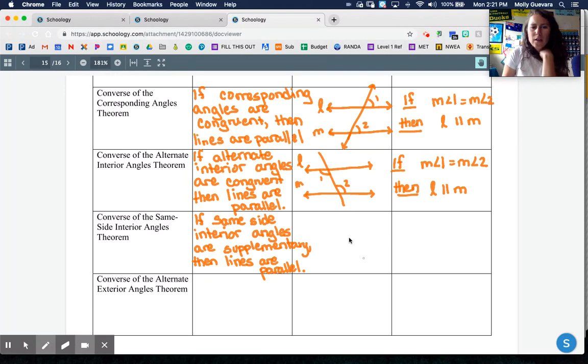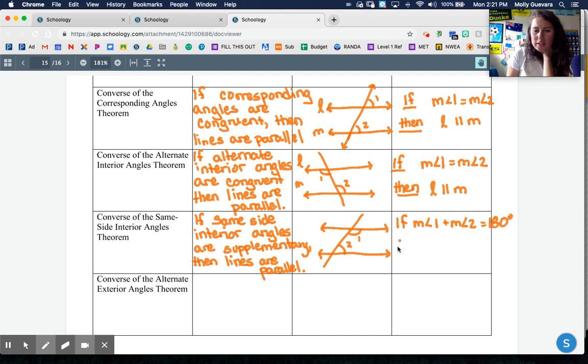Sorry. So if same side interior angles are supplementary, then the lines are parallel. Here's one line, here's another line, here's my transversal. This is angle 1, and this is angle 2. This is just saying if the measure of angle 1 plus the measure of angle 2 equals 180,